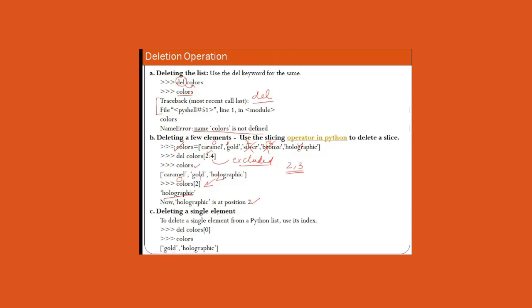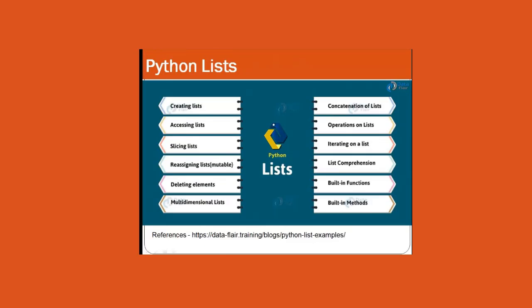Now deleting a single element. To delete a single element from a Python list, use its index, right? So whichever element you want to delete, mention the index of it. Now the colors has become this. You try to delete the first element over here, so it is left with gold and holographic now. So this caramel has been deleted from the list when you mentioned this statement. So you have seen how to delete the complete list, how to delete a single element, how to delete a subset of